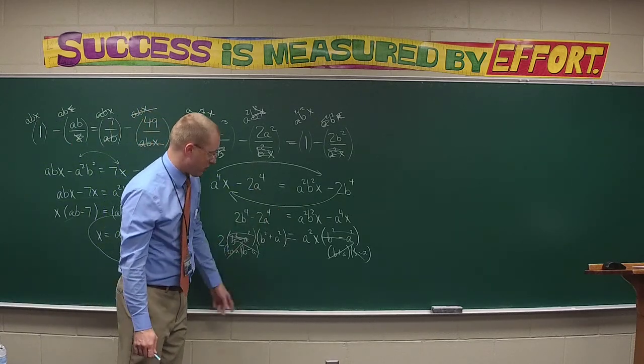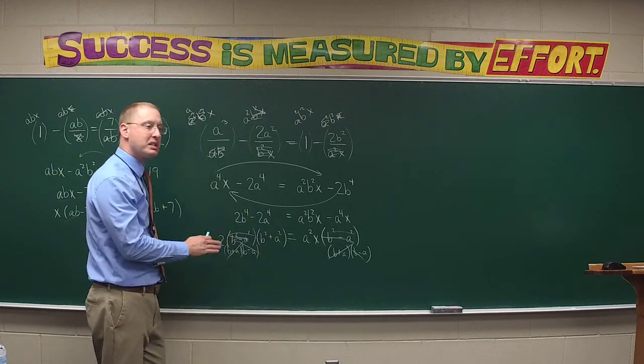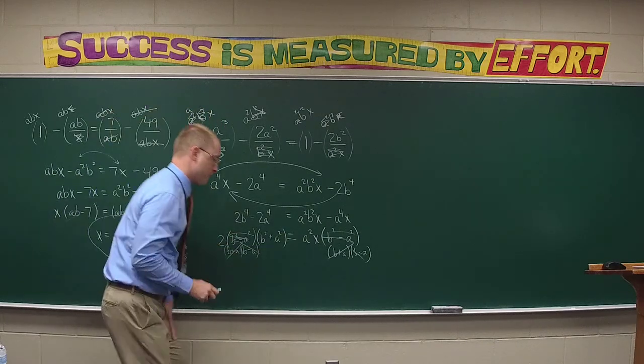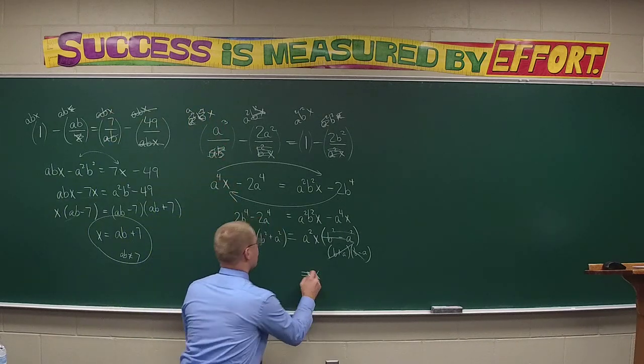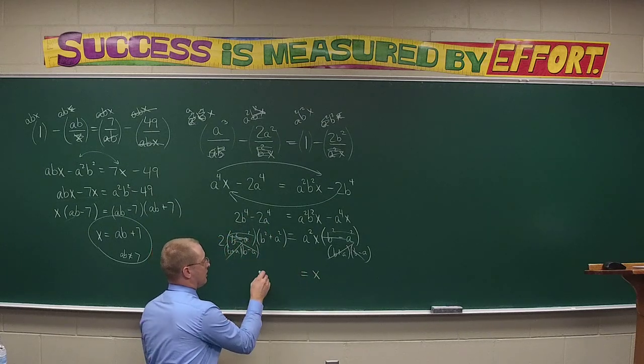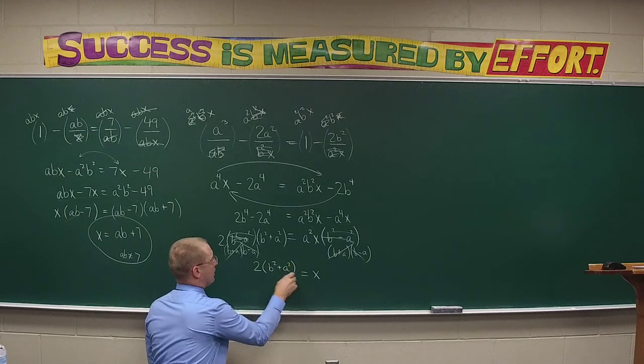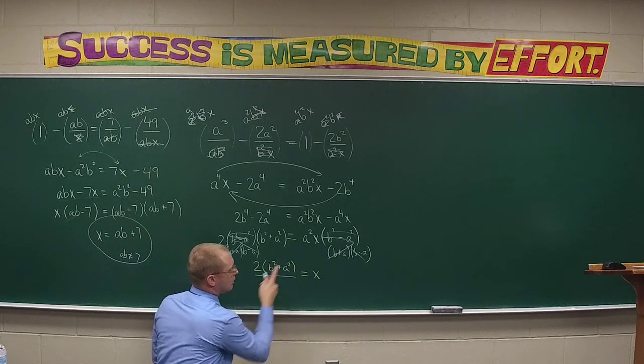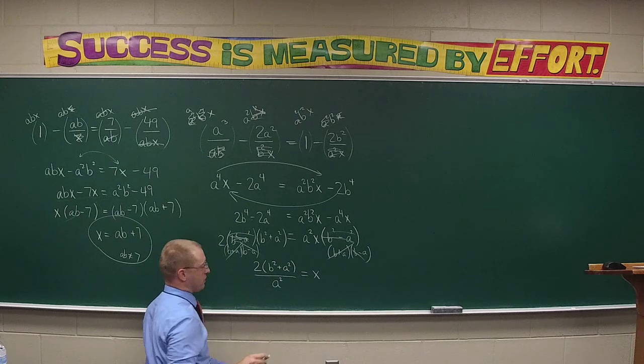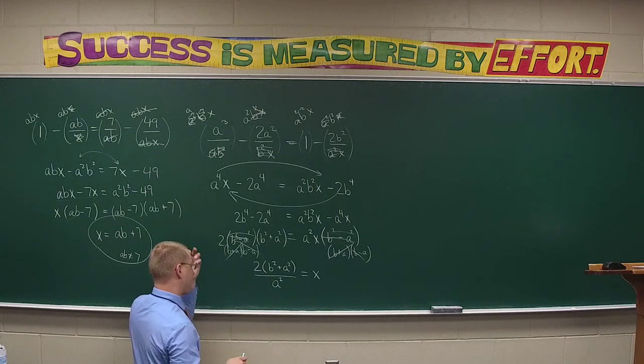b squared plus a squared, all equal to a squared x, but I don't have x by itself yet, Audrey. Divided by a squared. So what's my final answer? Two minus b squared plus a squared over a squared. Sorry, I thought I heard you say b squared over a squared. And we should specify that